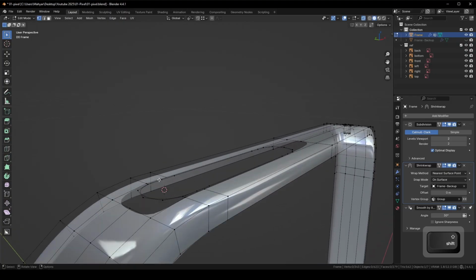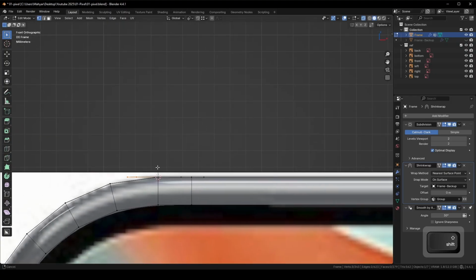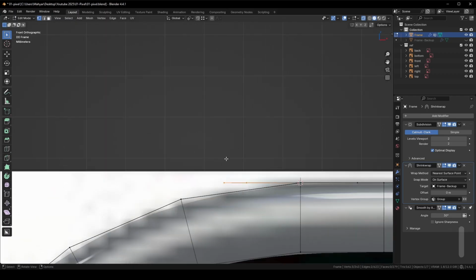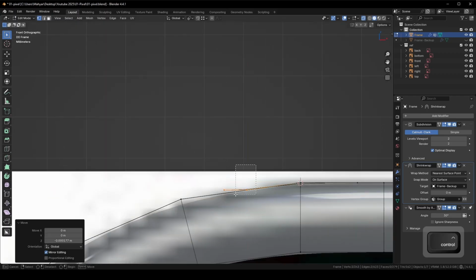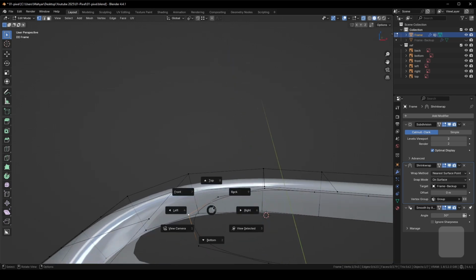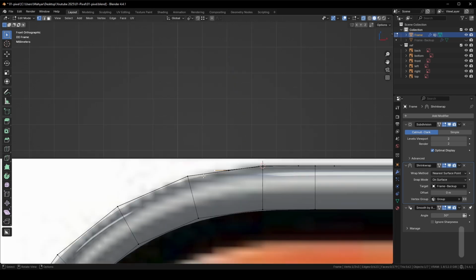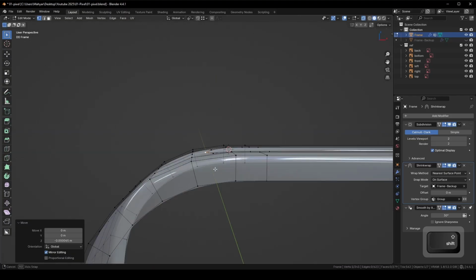I will delete faces. Now, I will move these vertices down as close as possible to the surface. Deselect this one and remain only this one. G Z. Okay, now